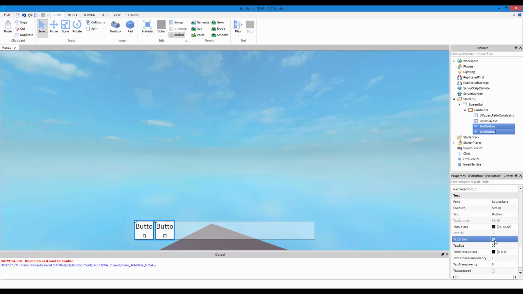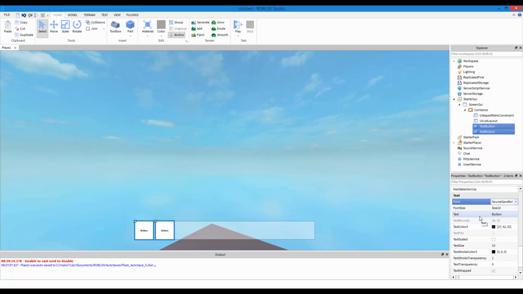Text scaled. Maybe that text size thing would come in handy, because I'm seeing text scaled doing that. I'm just kind of messing around, guys.